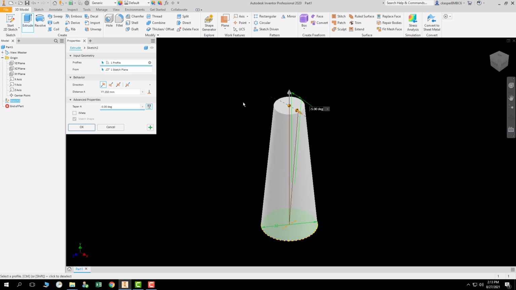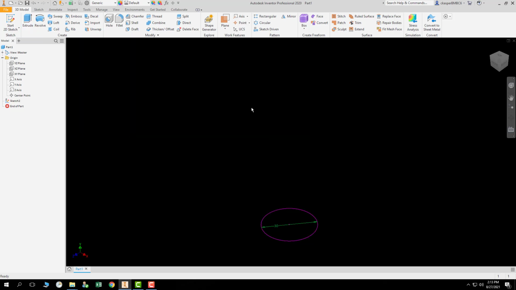Control Z, by the way, if you hold the control button down and tap the letter Z, is undo. There, I undid my whole extrude. Well, let's extrude again. So extrude,